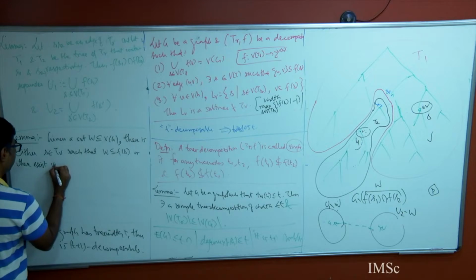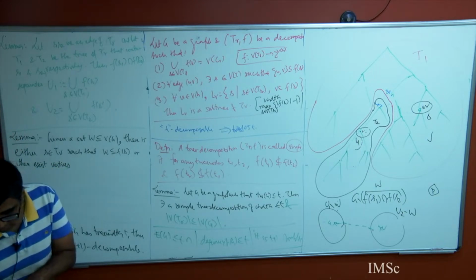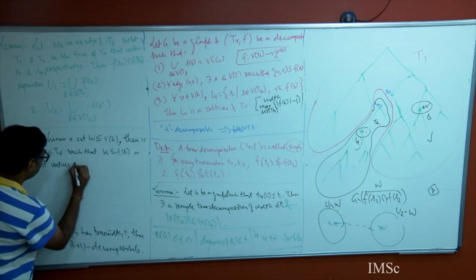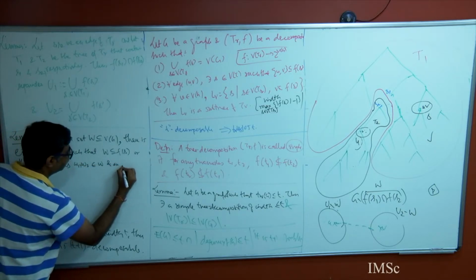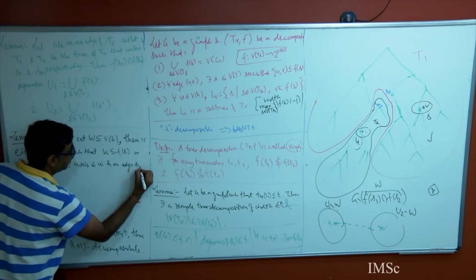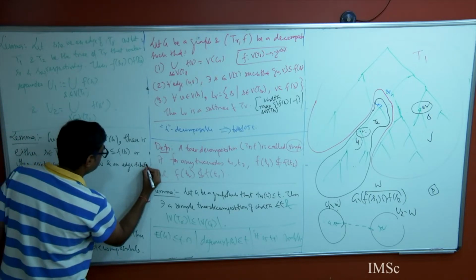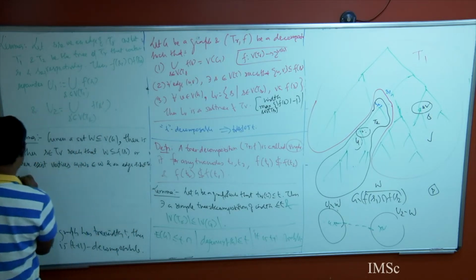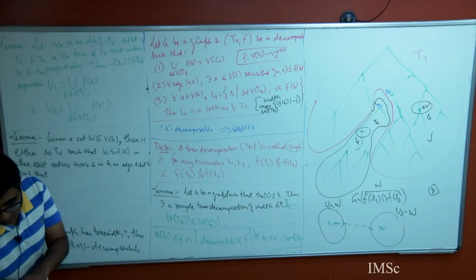there exist vertices W1, W2 in W and an edge S1, S2 in T, such that something interesting happens,